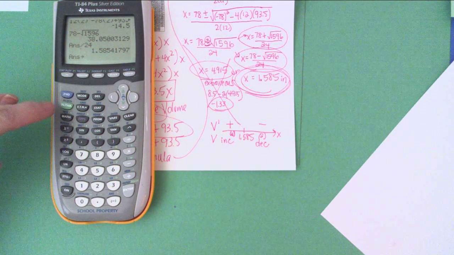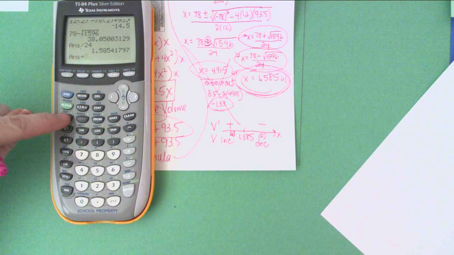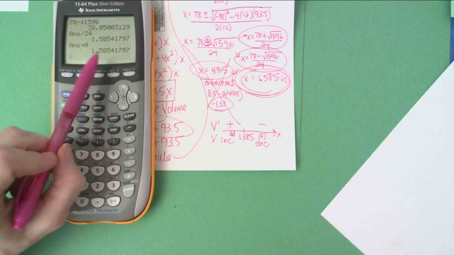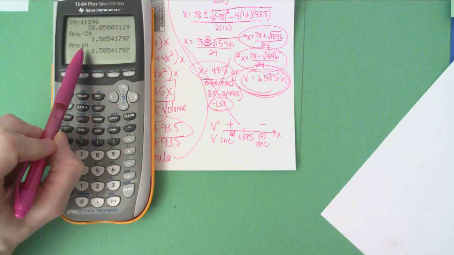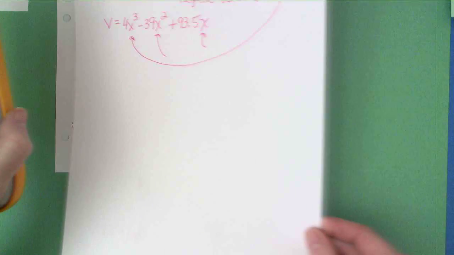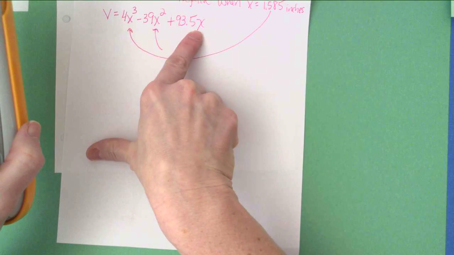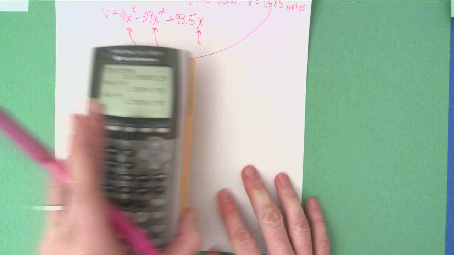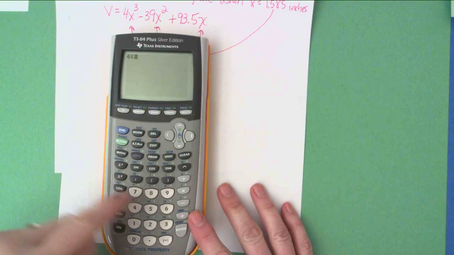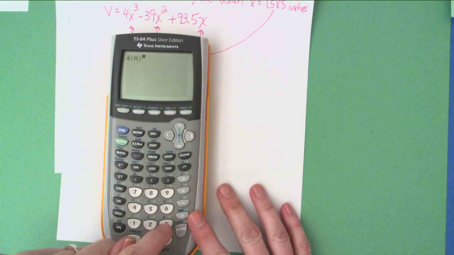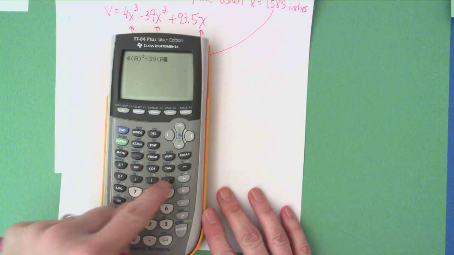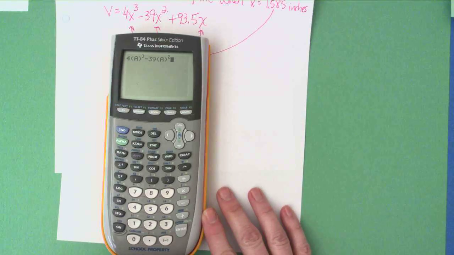It's green, so I'm going to hit alpha, math, enter. That means that this unrounded number is now in the letter A. So when I go to plug that A value into this equation, it'll look like this. Let me clear that. 4 times alpha A raised to the third minus 39 times alpha A squared plus